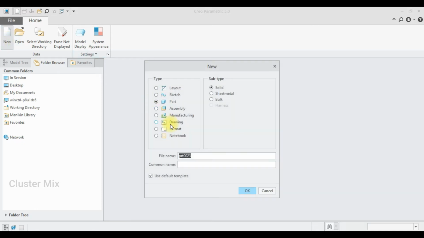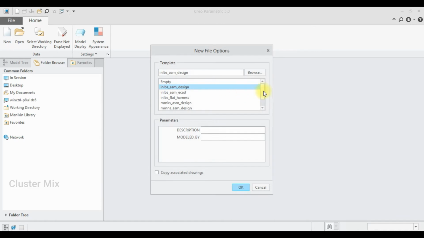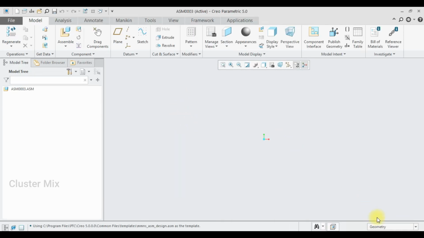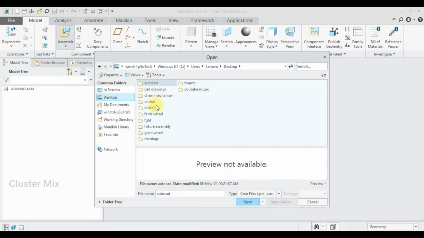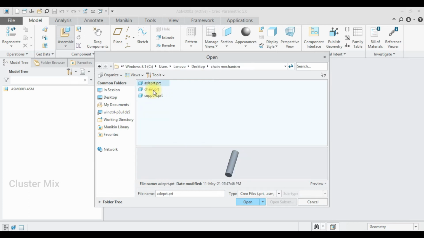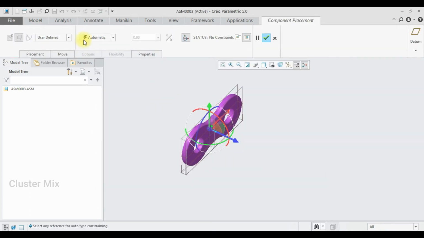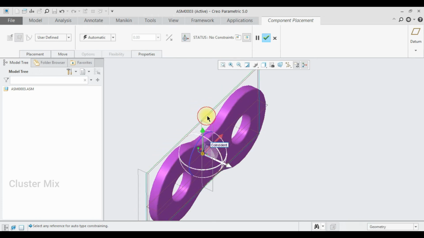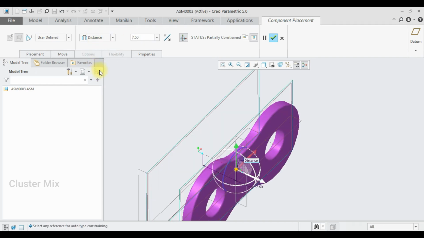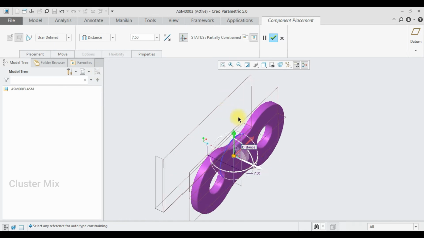And I'm going to create the assembly file by selecting new assembly and make sure that your unit is represented in millimeter Newton second assembly design. And here I'm going to assemble the component by selecting the assemble command. First I'm going to import the chain element, and I'm going to select this front plane with the front plane of the component and make a distance relation to it. Let me enter a value of 7.5